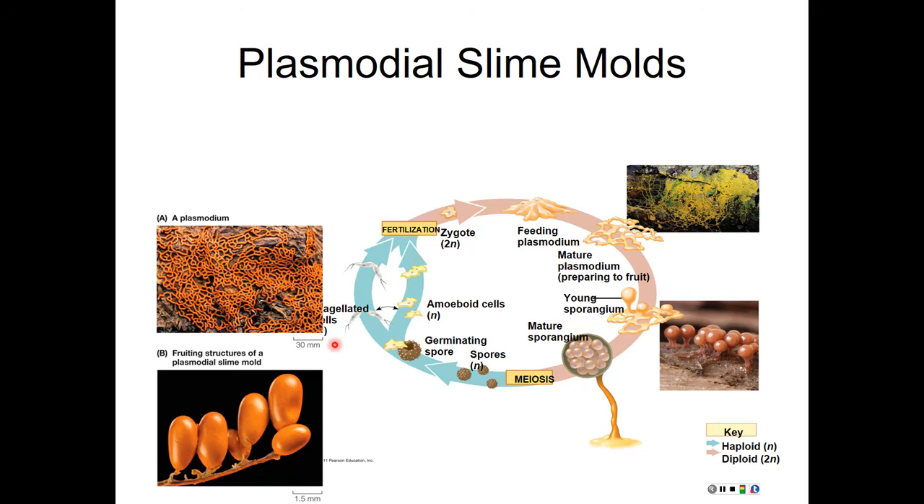Either way, they're both haploid. Two haploid cells are capable of fusing with each other in the process of fertilization and creating a new diploid generation that has genetic diversity. And that is the key. Sexual reproduction generates genetic